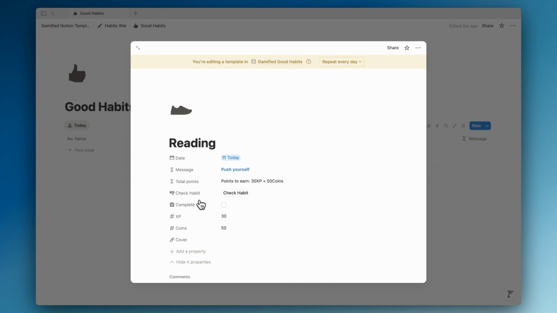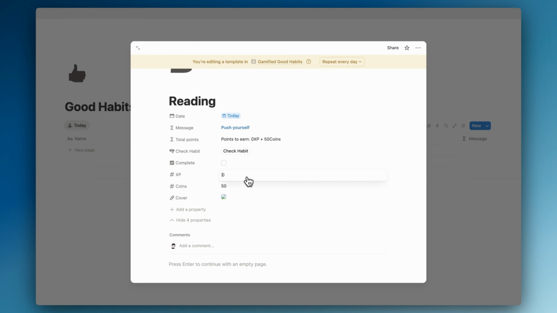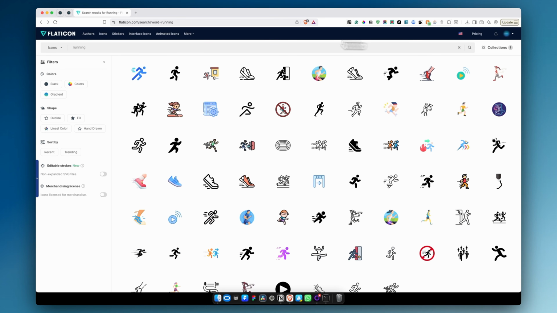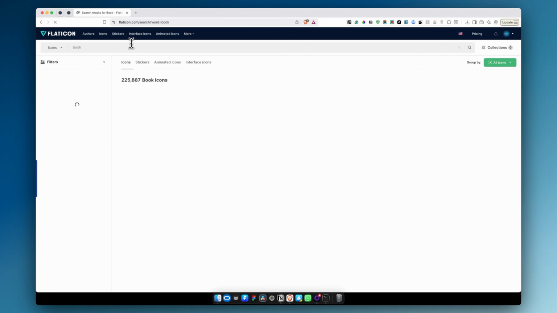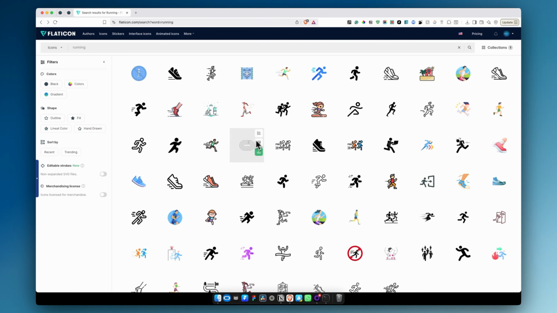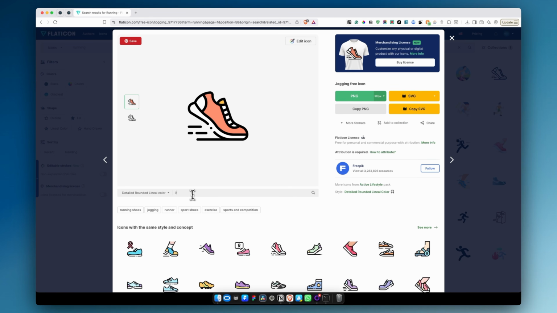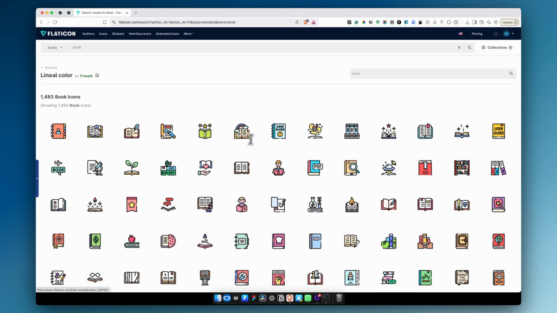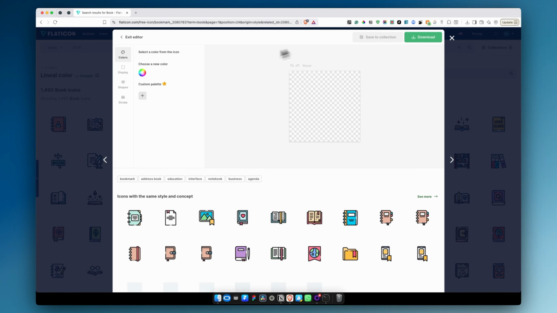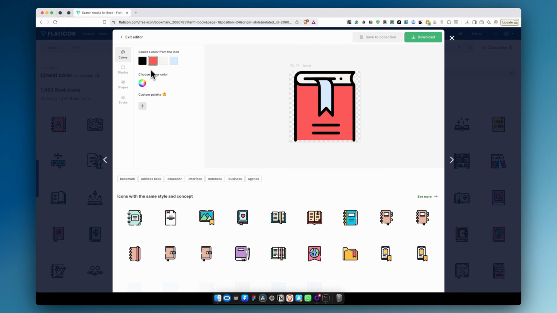Okay, and I want to add, for this one, 14 XP and 16 coins. And we can also go to Flaticon and choose a book, for example. We can in fact have the same style that we have in our shoe, so we can just go here and add book and it will show us the same style, if you want the same style. So let's just add this one, for example, and let's add colors, purple or something like blue here,